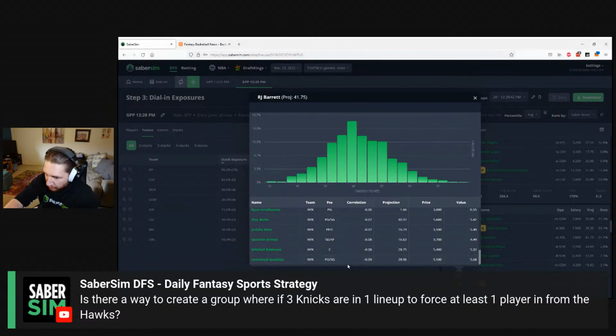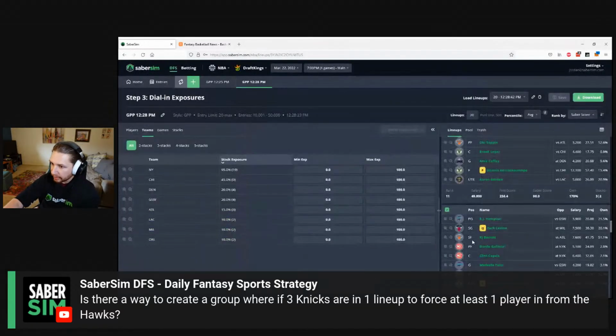But if you add in Emmanuel Quickley, then RJ Barrett's negatively correlated to both Robinson and Quickley, but also Robinson's negatively correlated to Quickley. And the more and more players you add, there's a stacking component of negative correlation that, as you turn the correlation slider up, the builder really, really won't like. So if you are trying to avoid that,